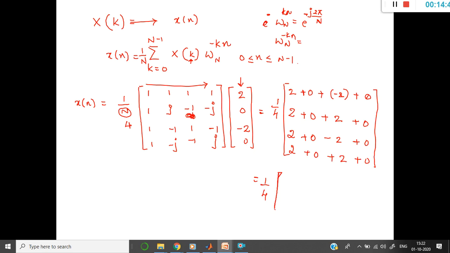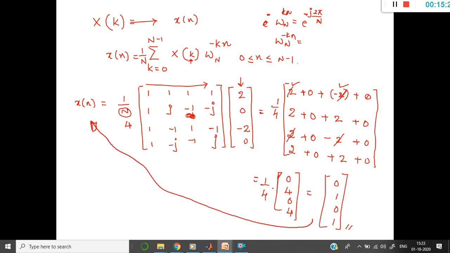1 by 4, that is now 2 here and minus 2, so both are going to be cancelled out. So the first sequence is 0, 2 and 2, that gives me plus 4, and again plus 2 and minus 2 cancel here, once again 0, 2 and 2, that is 4 once again, and if I divide this sequence once again, I'm able to obtain the original input sequence, that is 4 divided by 4 is 1, and 0 divided by 4 is 0, and 4 divided by 4 is 1, again 1. So that's how I was able to get back my input signal x of n, right?